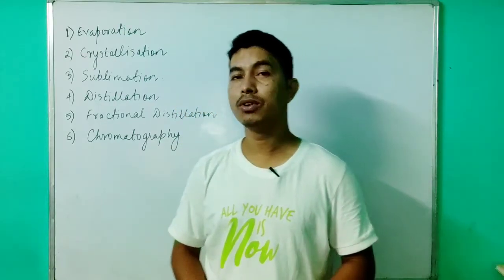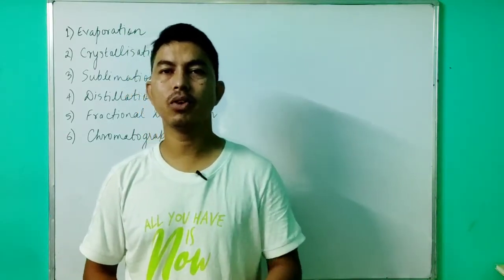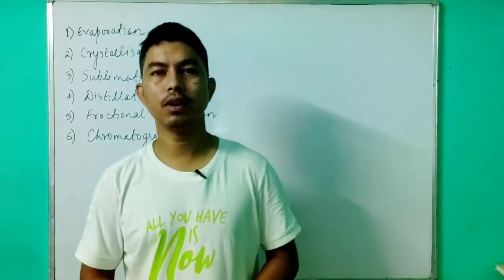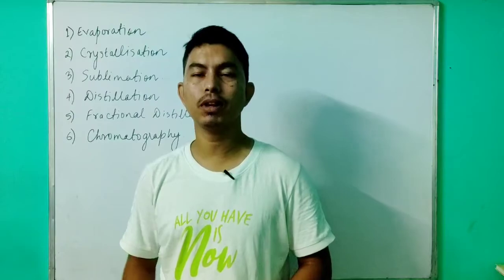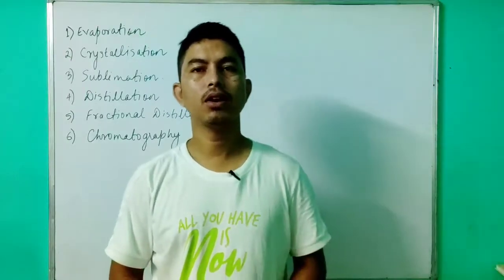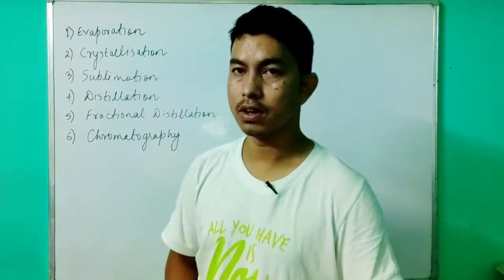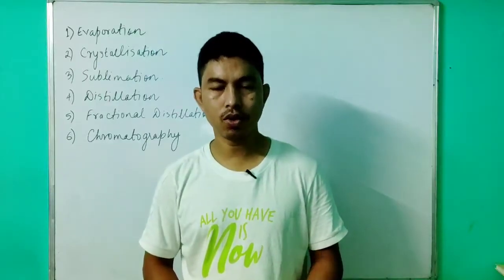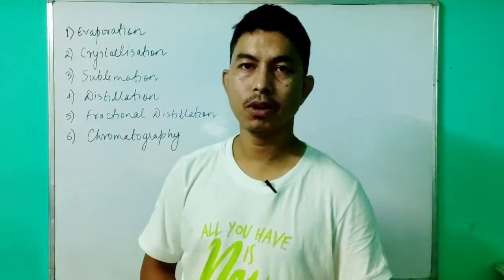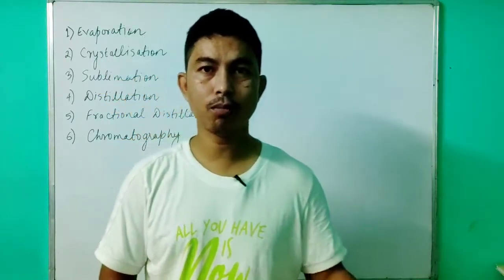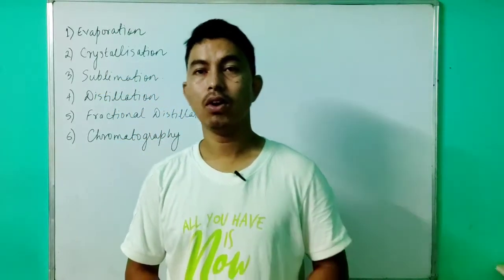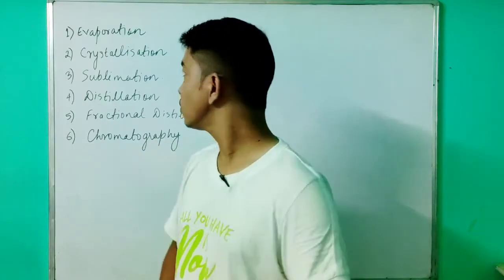So in today's video, we'll be discussing the fourth chapter of the chemistry textbook, that is, separation techniques. In your lower classes, you must have studied many methods of separation like winnowing or dusting. And why do we separate the two components from one another? It's because we want to remove the undesirable substances from the given mixtures,